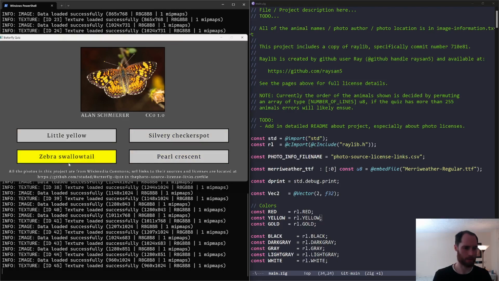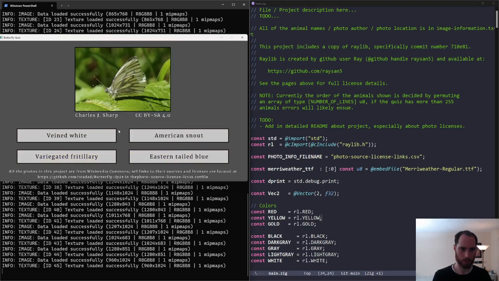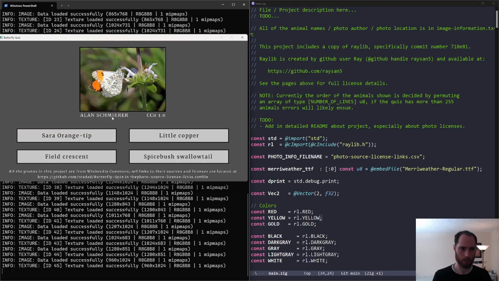Which one was this? Certainly not the zebra, not that. So maybe the pearl? Orange, the purplish, the veined,